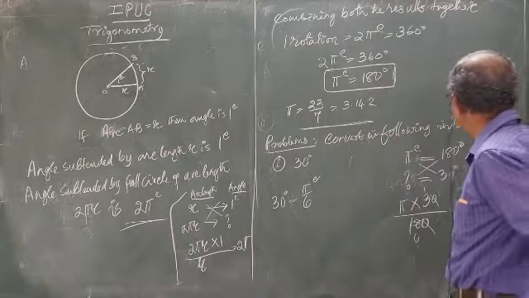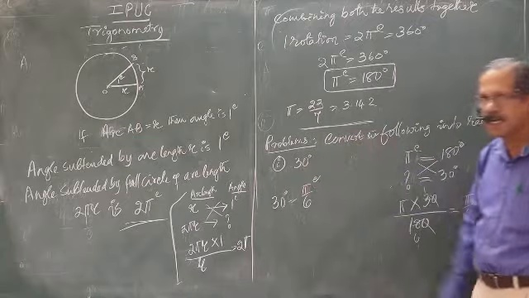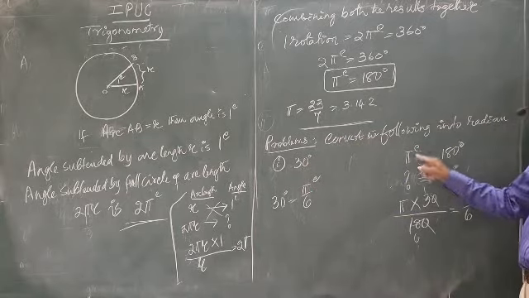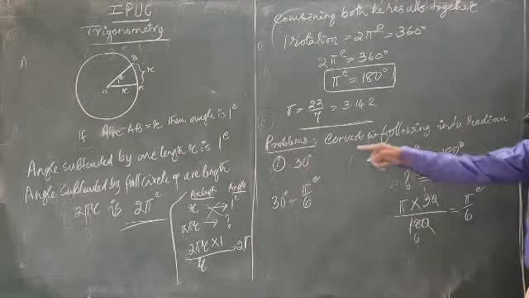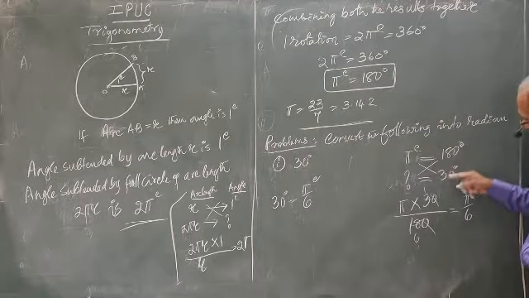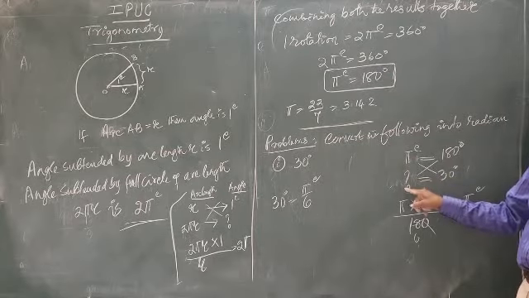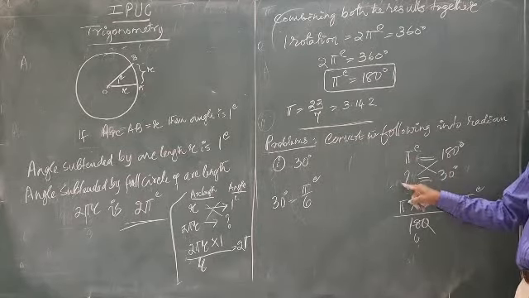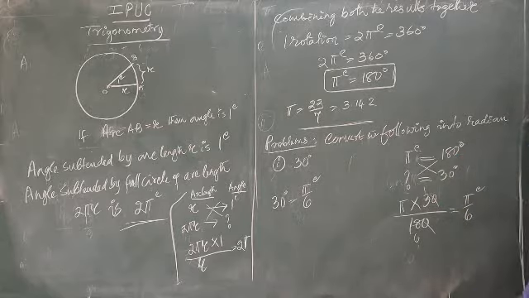Again, if you have any doubt, clarify there itself. 30 degree given. Formula is written here. Pi radian always equal to 180 degree. Given angle is in degree, no? Right under this degree column, 30. Question mark under radian. What is the value of 30 degree in radian? Cross multiply, always these two numbers come under numerator. Question mark number comes under denominator.